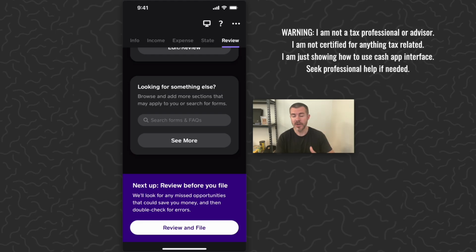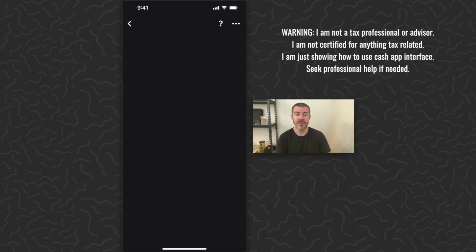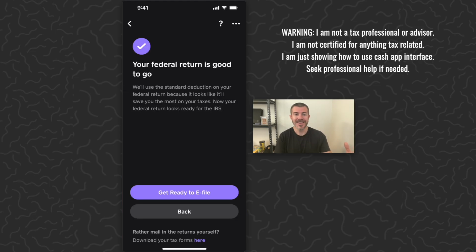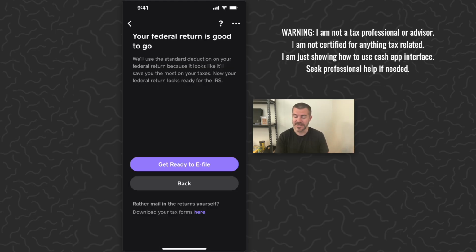And then once you've gone through everything, you can tap review and file, and this will tell you if you had any issues or errors or things where they think you can save additional money. And then you would just go through and adjust that process as well. And then you can just tap get ready to e-file, or if you would rather mail in your tax forms,